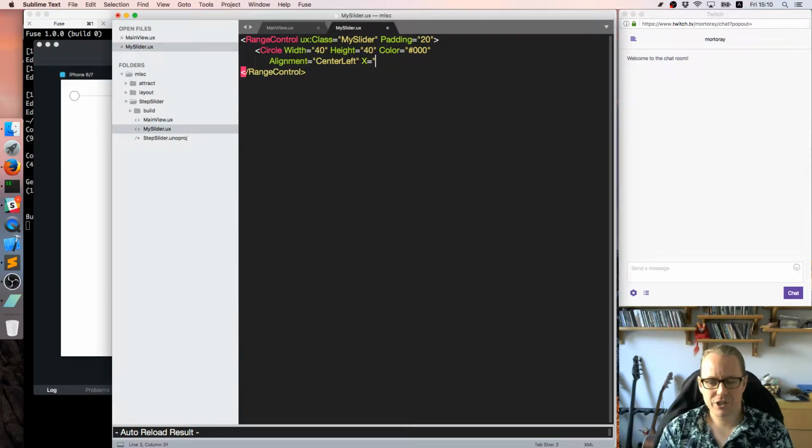But the X position, we want this to move across the control as the person moves it. So we're going to say the position of it is property this dot value, relative value. We want a relative value. Relative value is a value between 0 and 1 that says where the slider is, times 100%. I'll explain this again once we get to that part. And the default range control, though, we can save this,